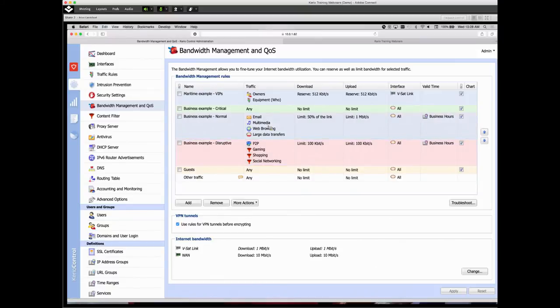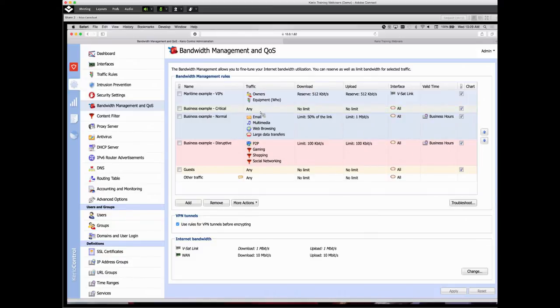And so you see it's a slightly less restrictive policy here for normal traffic. We're still giving them 50% of the link and restricting the upload to 1 megabit. So this rule demonstrates the fact that you can apply both a percentage-based value as well as a hard limit in the same rule, and we're applying those to all interfaces. So pretty much even if you had load balancing, the same policy would apply regardless of the internet link that's